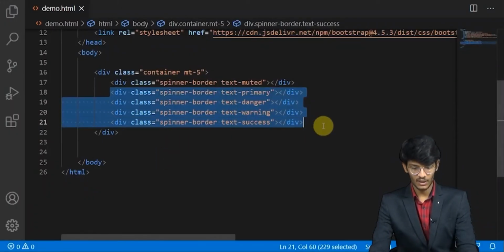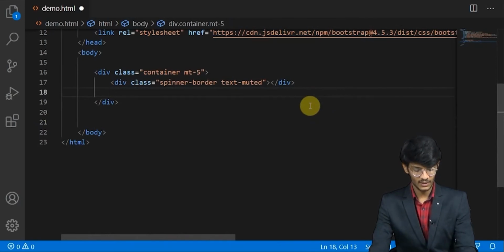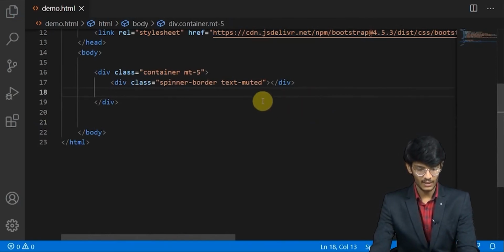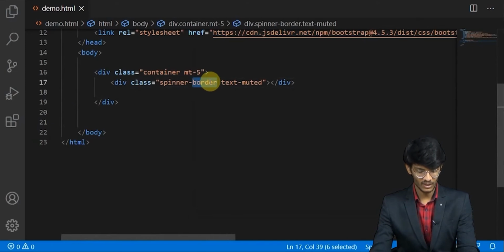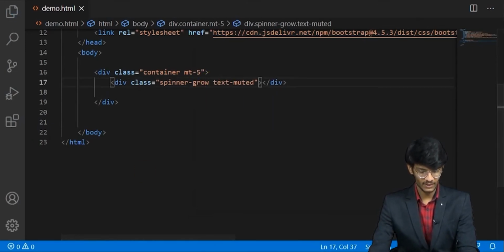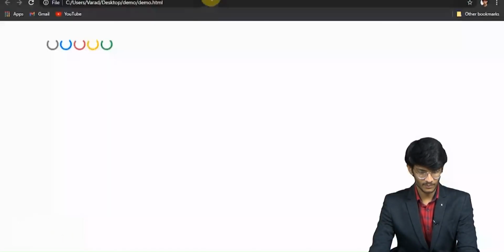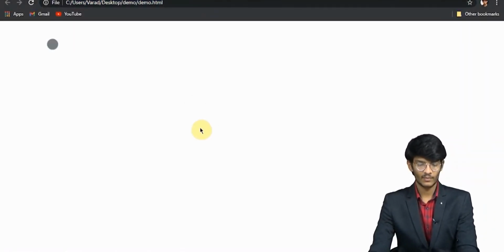We'll just remove all these and we'll change this class to spinner grow. Now let's see. Well, this is another kind of loading icon.